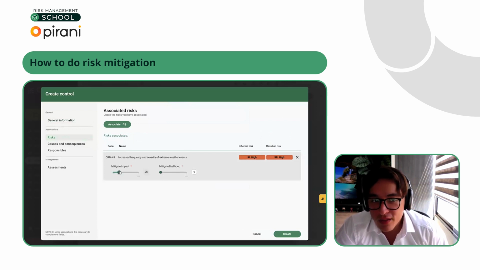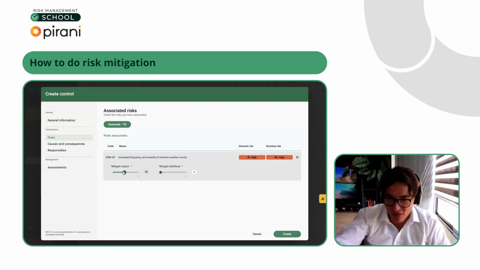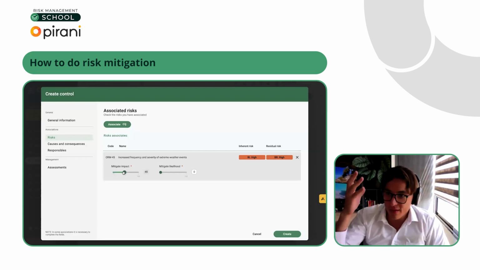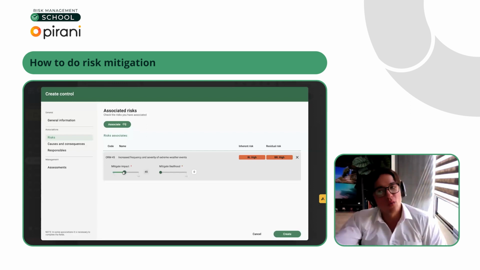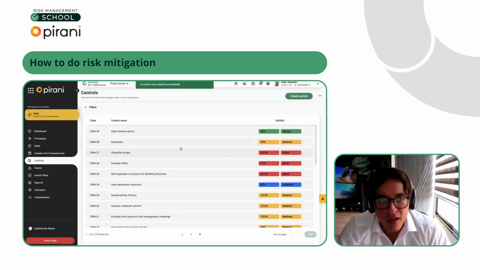Maybe it will mitigate the impact, because if I know that an event will happen, maybe I will be prepared, but the likelihood will be mitigated. So based on this information, I'm going to have alarm before storm, and I know it will be strong.